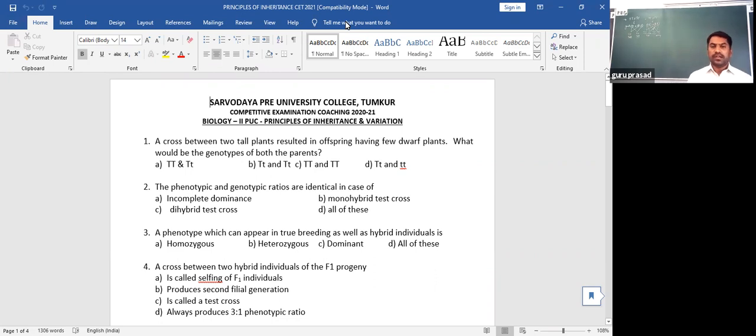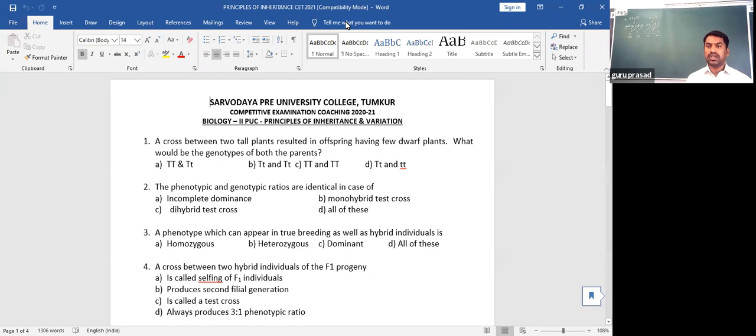Keeping that in mind, in most of the crosses, either monohybrid cross or dihybrid cross, when pure parents are taken, the F1 hybrid is heterozygous. In that, only one of the parental characters is expressed, and that is what we call the dominant character. So in homozygous, it may be dominant or recessive. So we cannot consider the homozygous condition as an answer because it may represent two different cases, not both parent and hybrid.